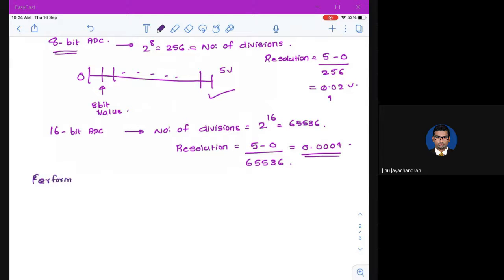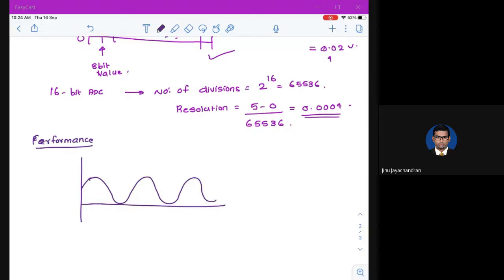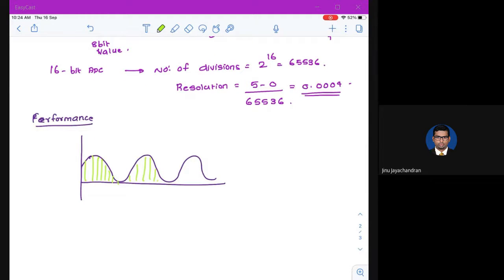Now, when you have an ADC, you should also consider the sampling frequency. You see, you are sampling it here. Okay. If your sampling frequency is very small, you will not be able to sample a higher frequency signal. So in this case, there is no problem because you are sampling it here, here, here, here, etc. So it might be within the Nyquist rate.